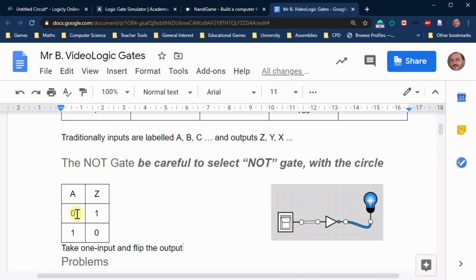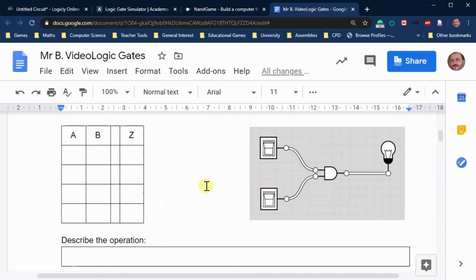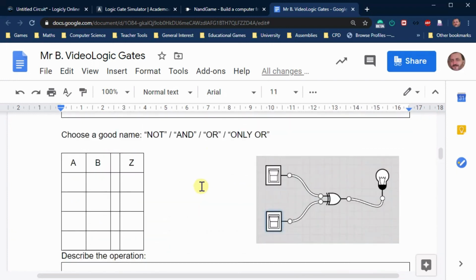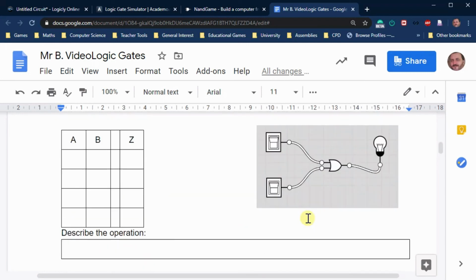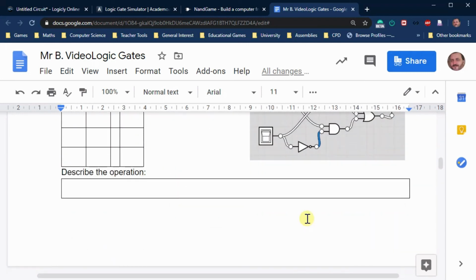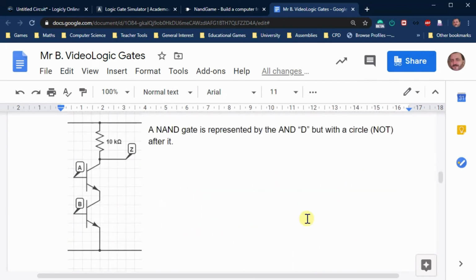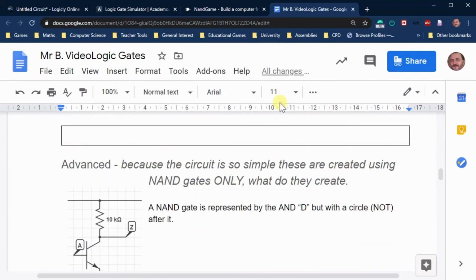These are called states. This is a low state, high state. This is a high state, low state. So this takes a low state, turns it into a high state. You've got a number of circuits to build, and you've got a fairly complex one here. Do take time to do it, because you'll find this is actually the same as one of these other circuits further up. And the reason that's important is when we come into this section on the advanced stuff,